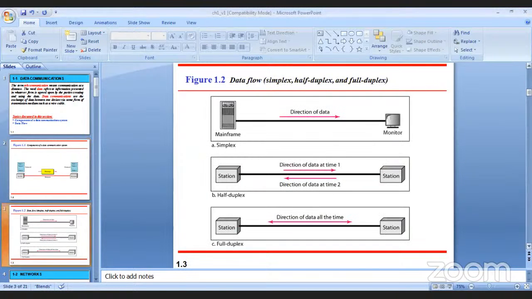Now coming to the data flow, how the data flow actually happens. The data will flow in three modes: first simplex, second half duplex, third full duplex. You can see the diagram there. I'm just explaining in words. Simplex means one way only. Like I think you have seen in the